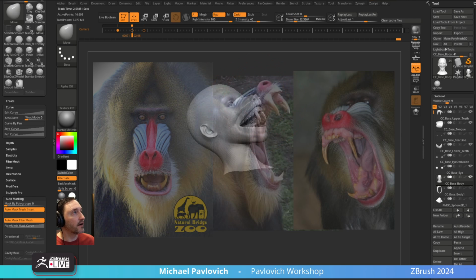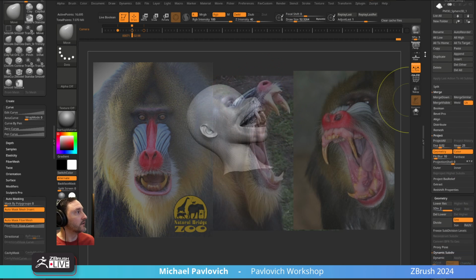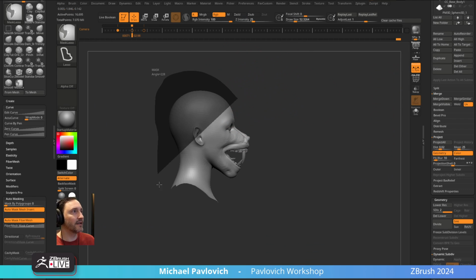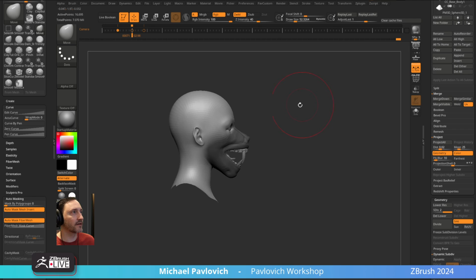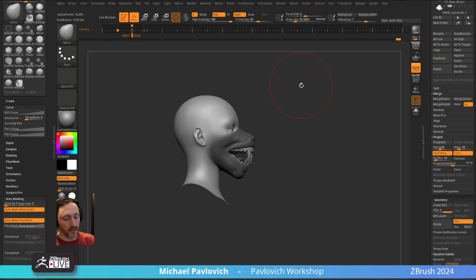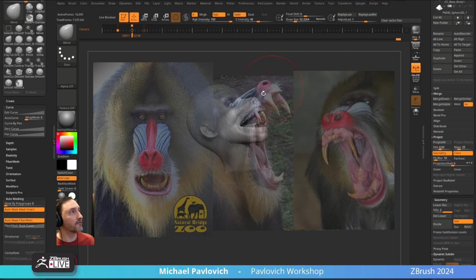Okay, so we have X symmetry turned on. I'm going to go through here, and we have subject level 2, that's fine. I kind of don't want to touch the eyes. I want to leave those alone. I don't want to push those too much. I'm going to do just a soft mask here, and maybe a little harsher mask around that eye. And then again, we'll just push this back, invert that mask, and kind of yoink